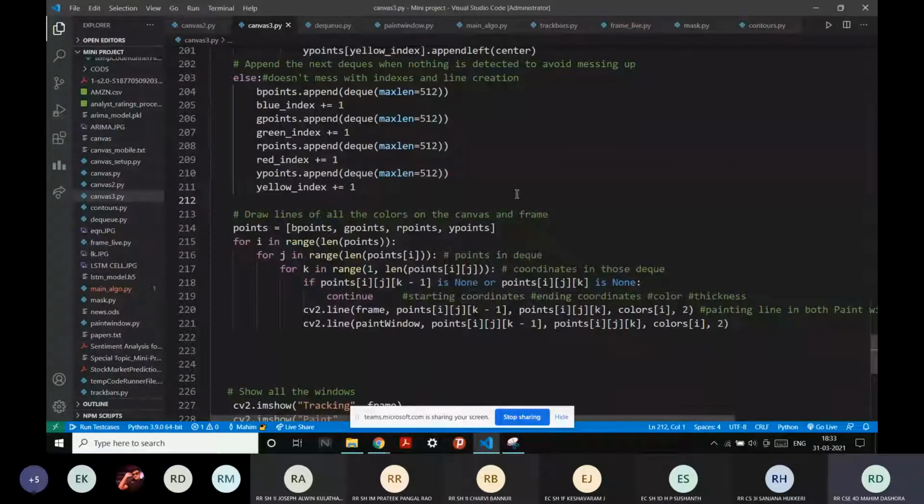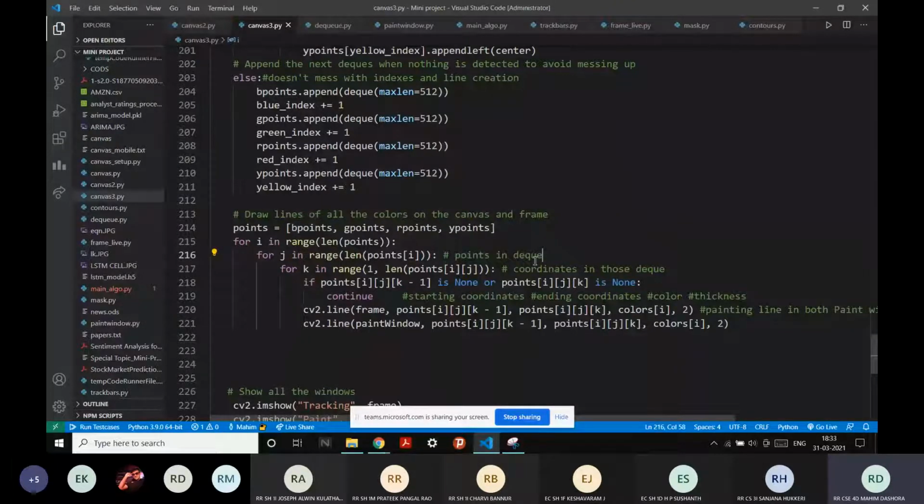Okay, so we have created another list of all our deques, and we'll be using multiple nested for loops. So for i in range of our points, let's say i is our B points. In our B points, we can see what the points in it are.